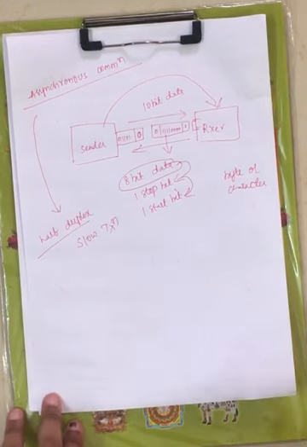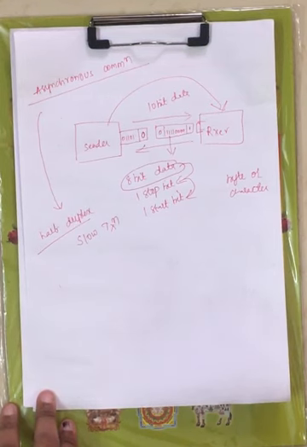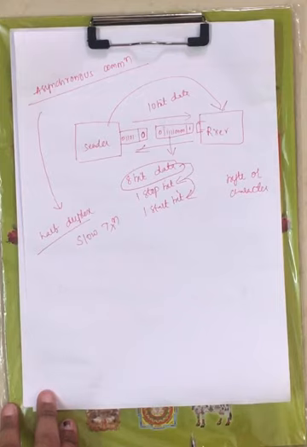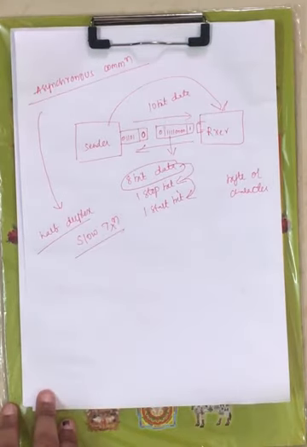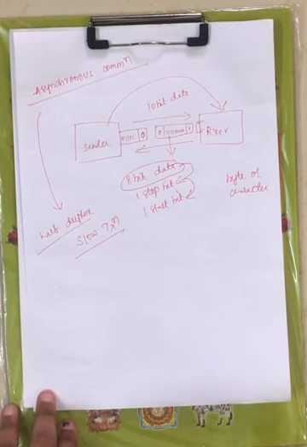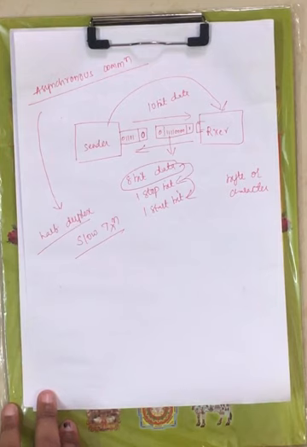Why? Because synchronous communication supports full duplex. At a time you can transmit the data, or at a time you can receive the data. But coming to asynchronous communication, at a time is not possible. You can transmit the data as well as receive the data, but not at the same time. Because of that, asynchronous communication will be slow when you compare it with synchronous communication.